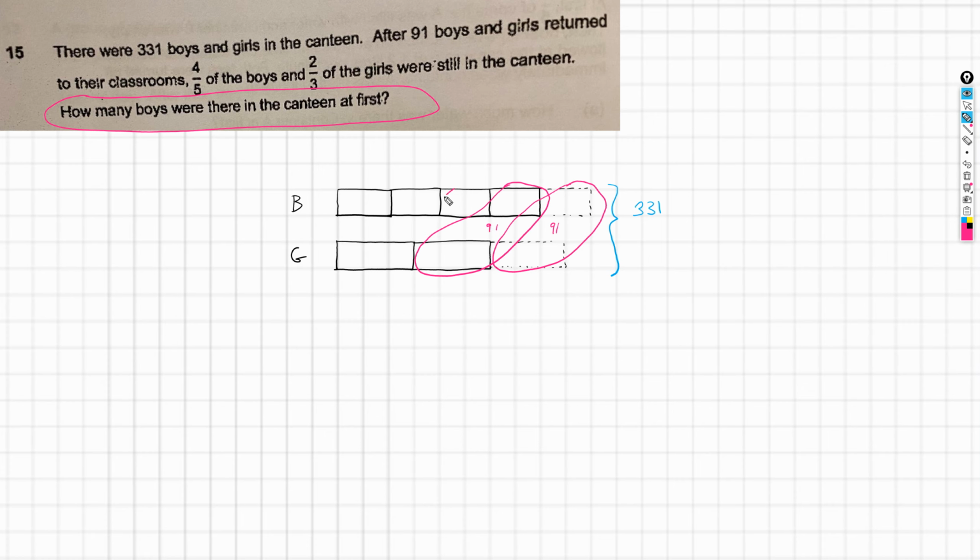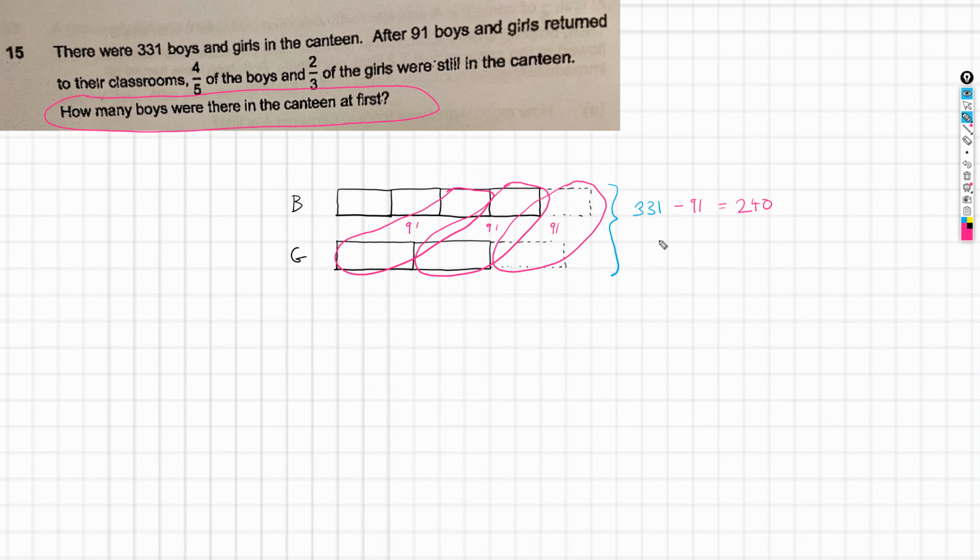And then those two blocks are also going to represent 91, which is great because my problem at the beginning is that I don't know the relative size of these blocks, but now I have a way of eliminating enough information so that I've got just down to 2 blocks of boys. But first I need to take away these 91. So 331 subtract 91. That's this first set of kids here, the kids that went back to their classrooms. So that gives me